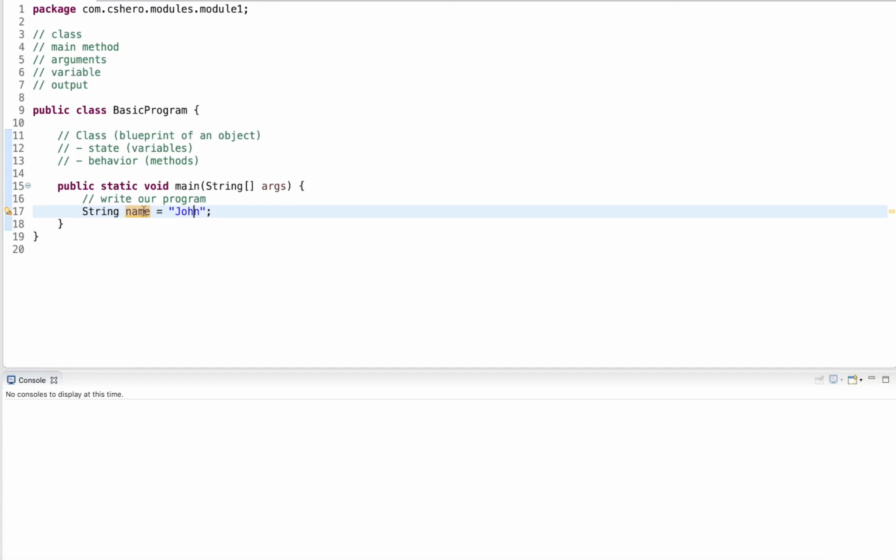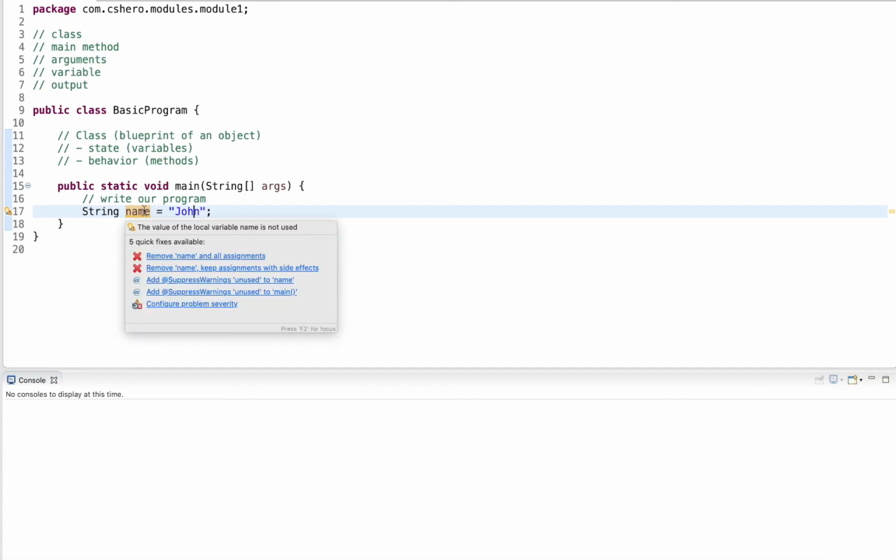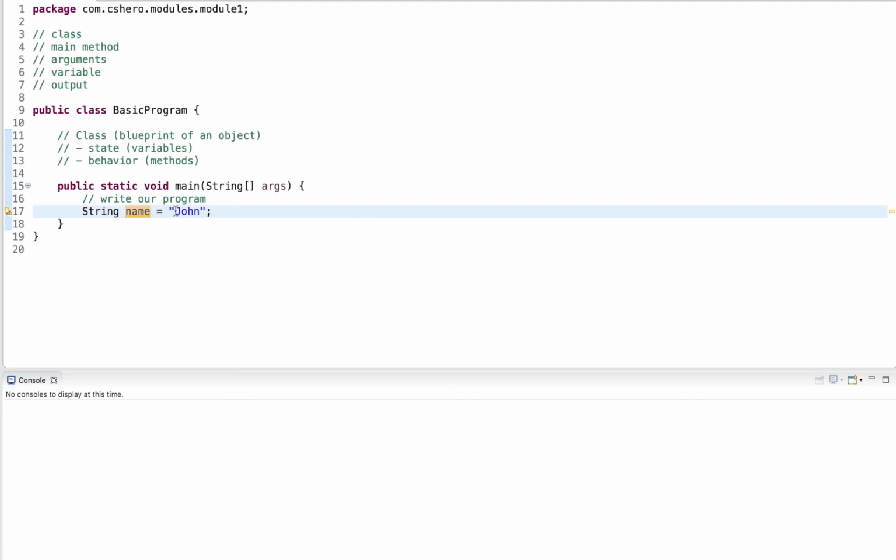So the name should always be representative of what is stored here. Now a string is a sequence of characters. In this case, I store the name John, and strings are always used with double quotes to mark the beginning of a string and to mark the end of a string.